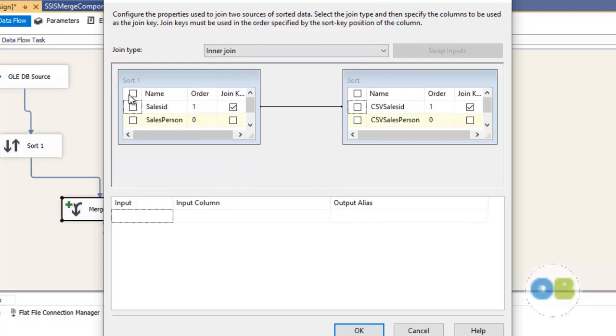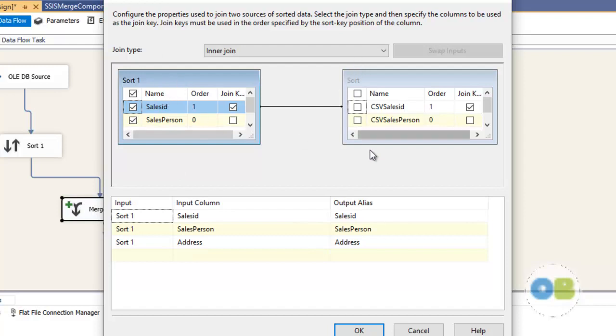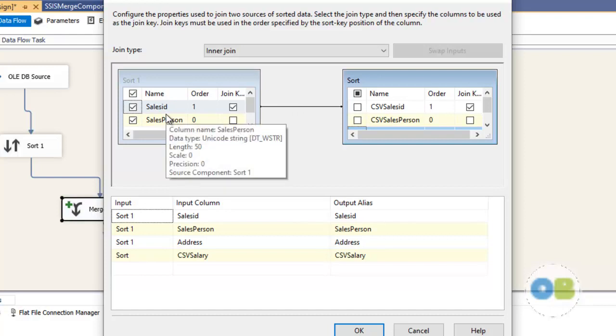And yes, so here I'm going to select all the columns from the source one because this is my SQL source. You can see that, and this is my CSV source, right? So from this I'm going to select CSV salary only, right? And you can see that there is a join type here. You can see that there is an arrow here, right? And you can see that on the sales ID from the source left side, that is the SQL source, and from the CSV source sales ID, it is creating the inner join here. You can see that, right?